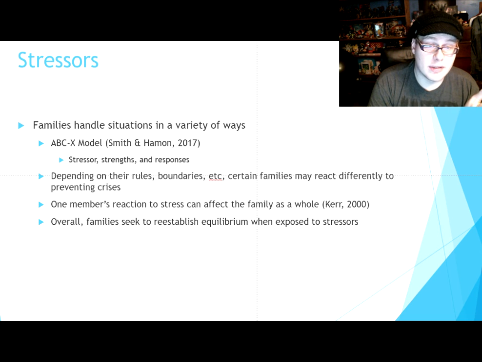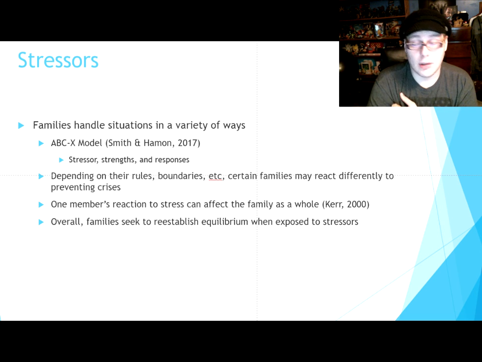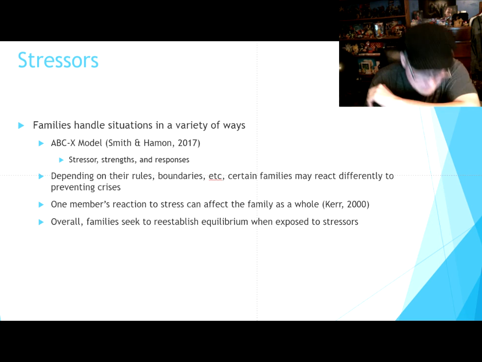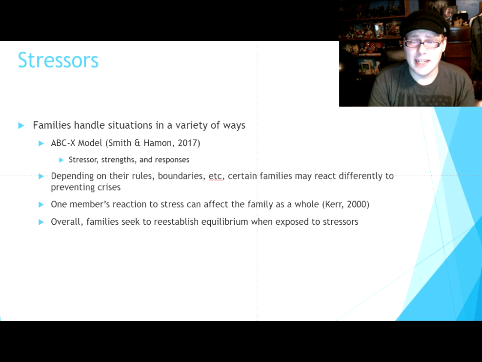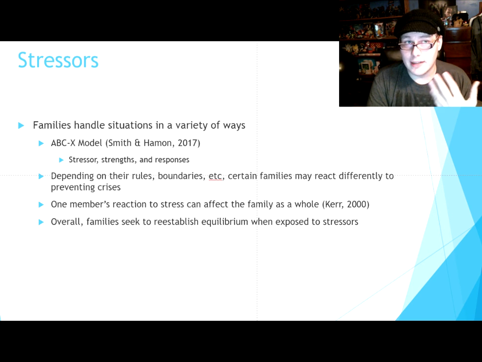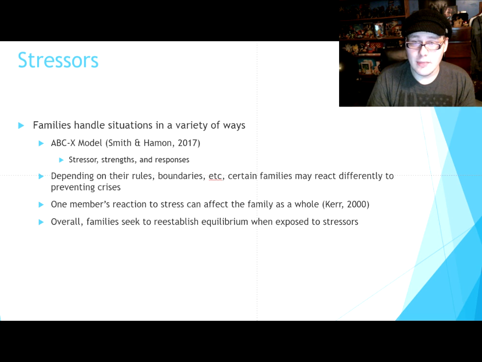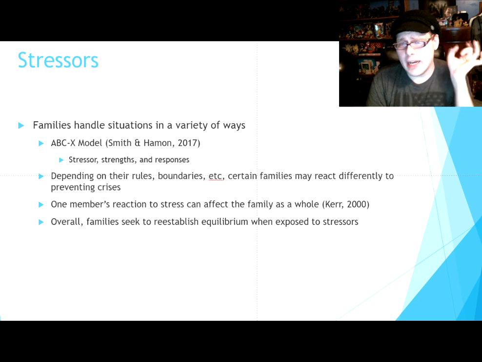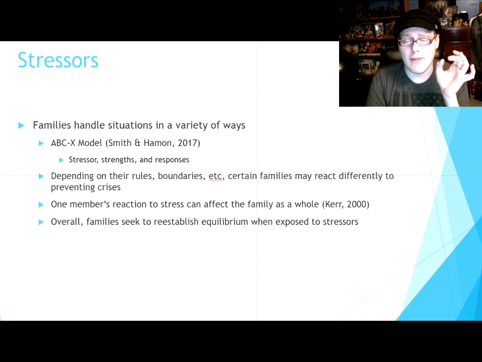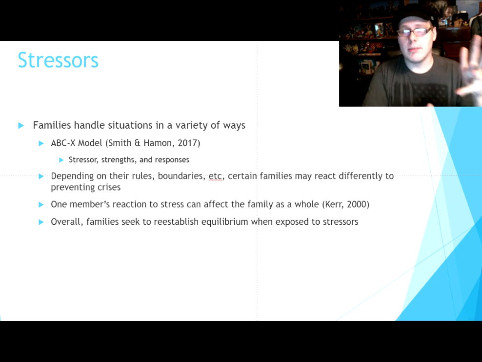And then one member's reaction to stress can affect the family as a whole. Which basically implies how, again, as Smith and Hammond quote in their text, the whole is greater than the sum of all of its parts. It's kind of like a Jenga board where you pull out one of the Jenga pieces near the bottom, or just whatever part of it, and the whole tower comes crumbling down.